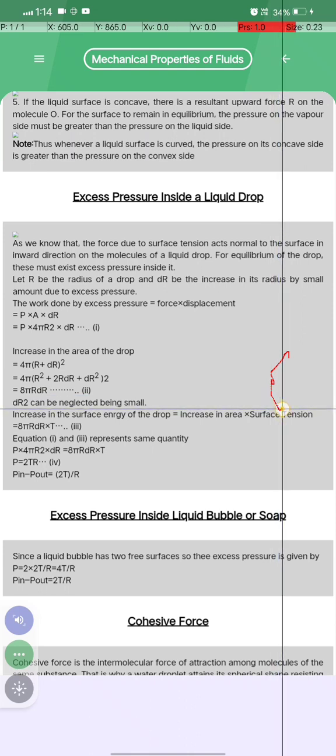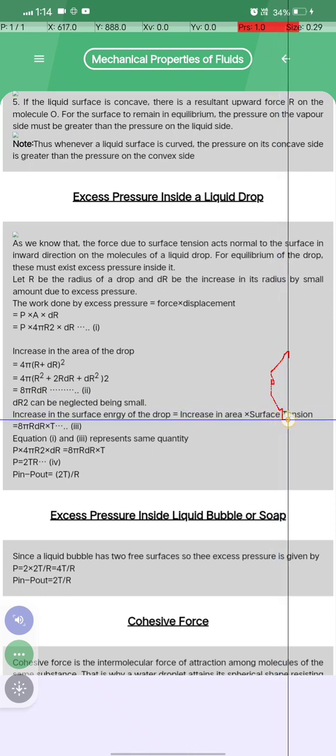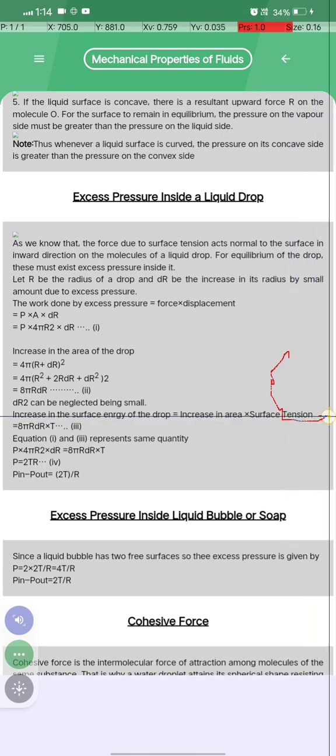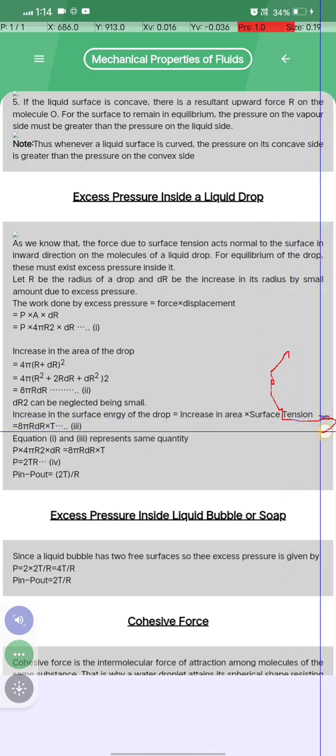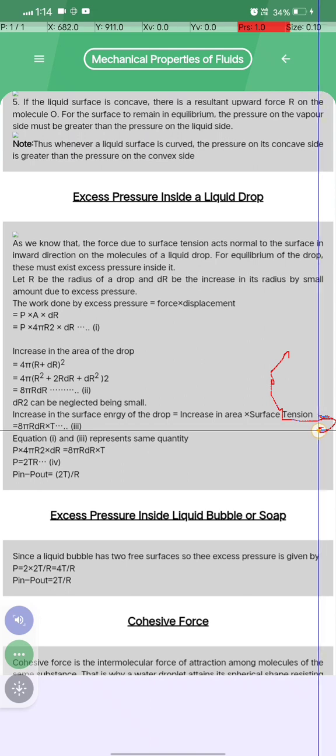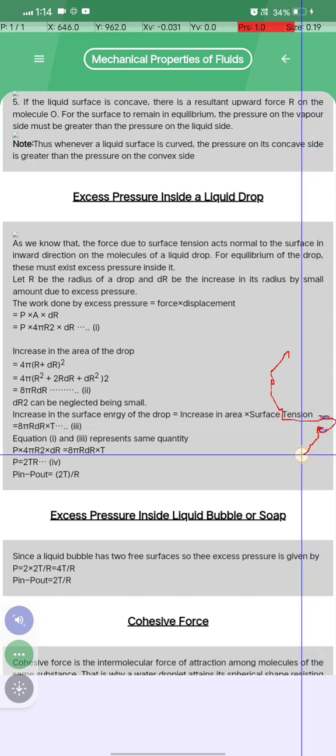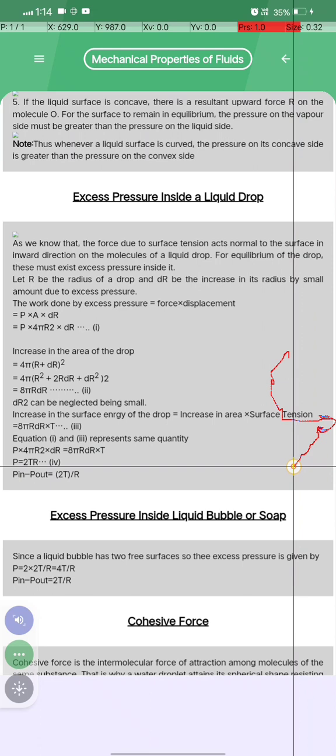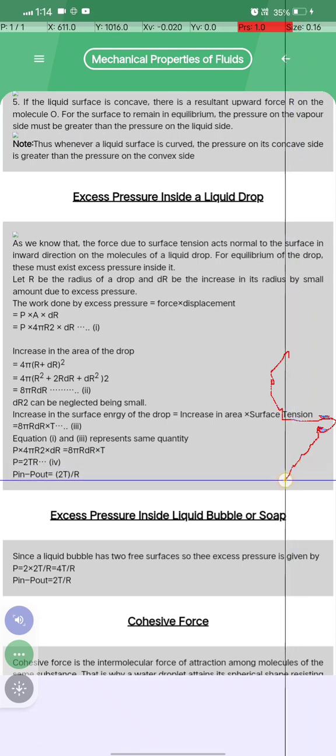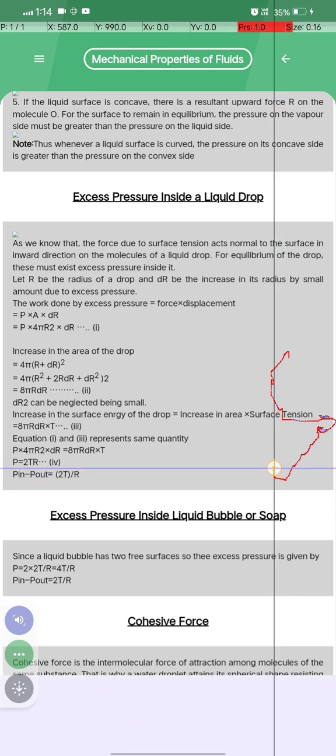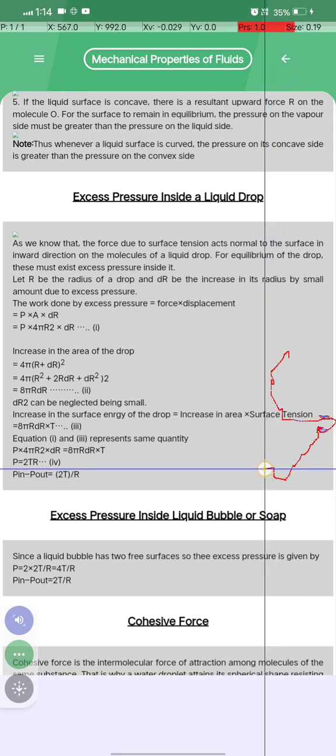अब dr square can be neglected being small. And increase in the surface energy of the drop is increase in the area into surface tension, and finally the answer is 8 pi R dr into T, यानी equation first and second represent the same quantity. Hence P into 4 pi R square dr is equal to 8 pi R dr T. In final answer, P is equal to 2T by R, यानी कि P in minus P out is equal to 2T by R. ओके